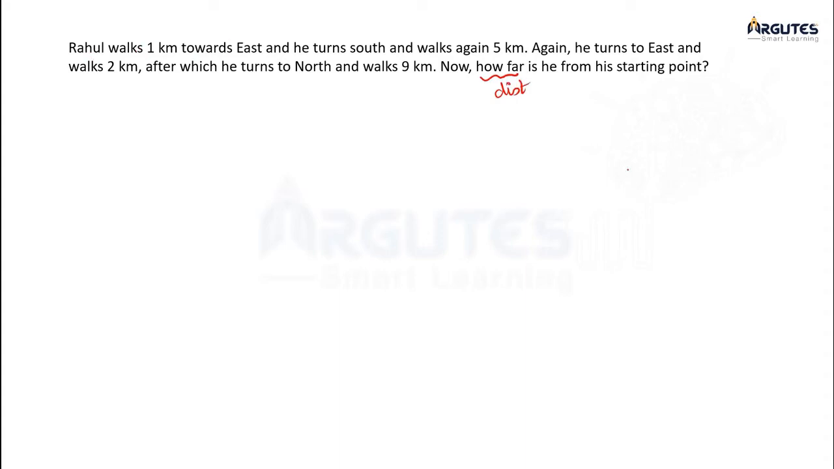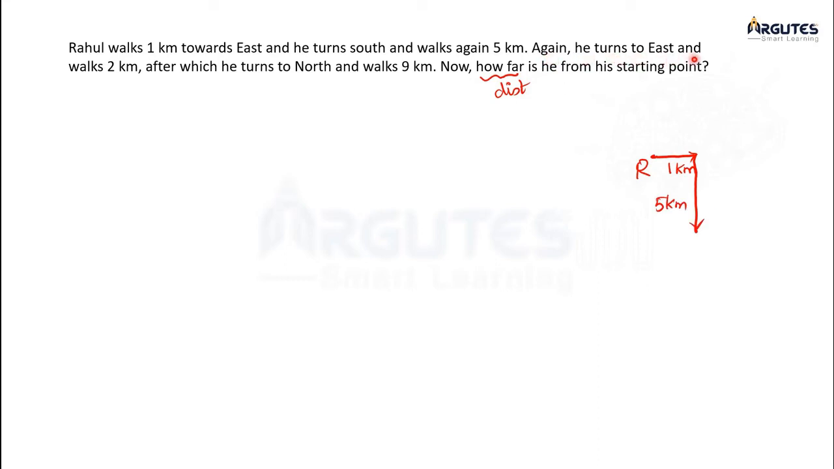Rahul walks 1 kilometer east. So let us take this as an origin point. Here is where Rahul is. So from origin 1 kilometer in the east direction. And he turns south and walks 5 kilometer again. South and he walks 5 kilometer. Okay. Now again